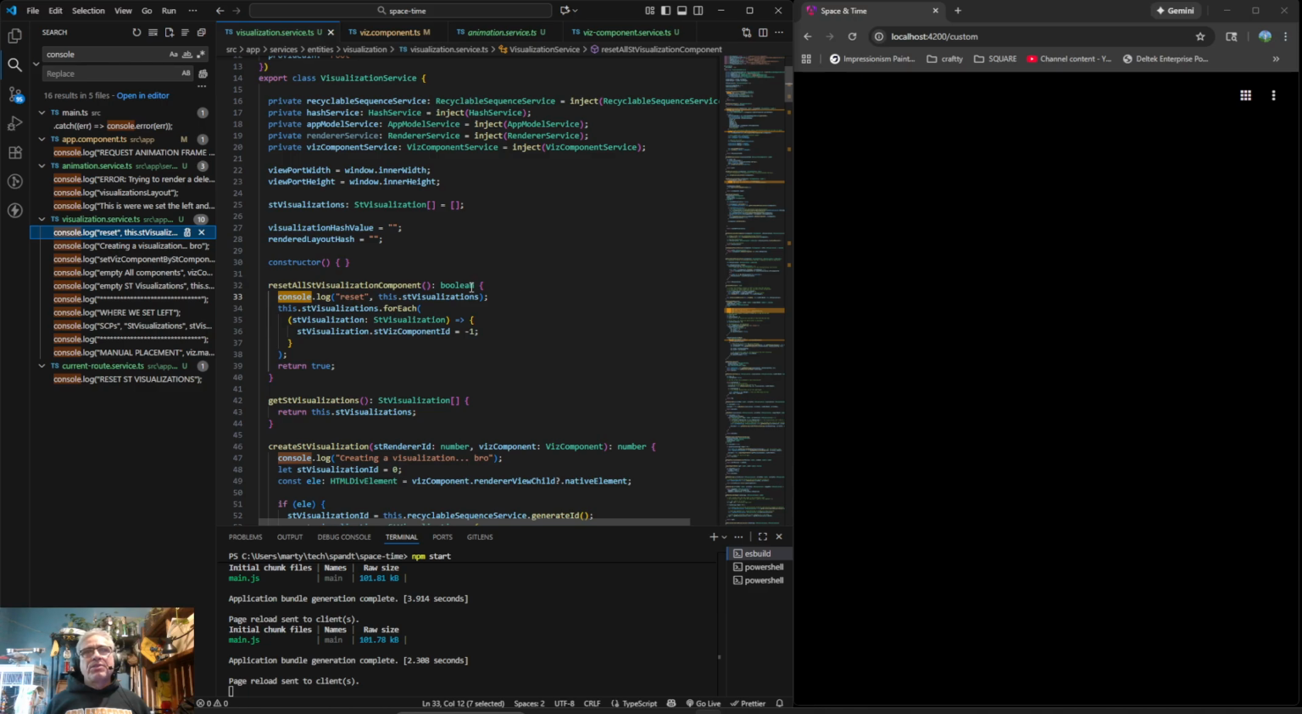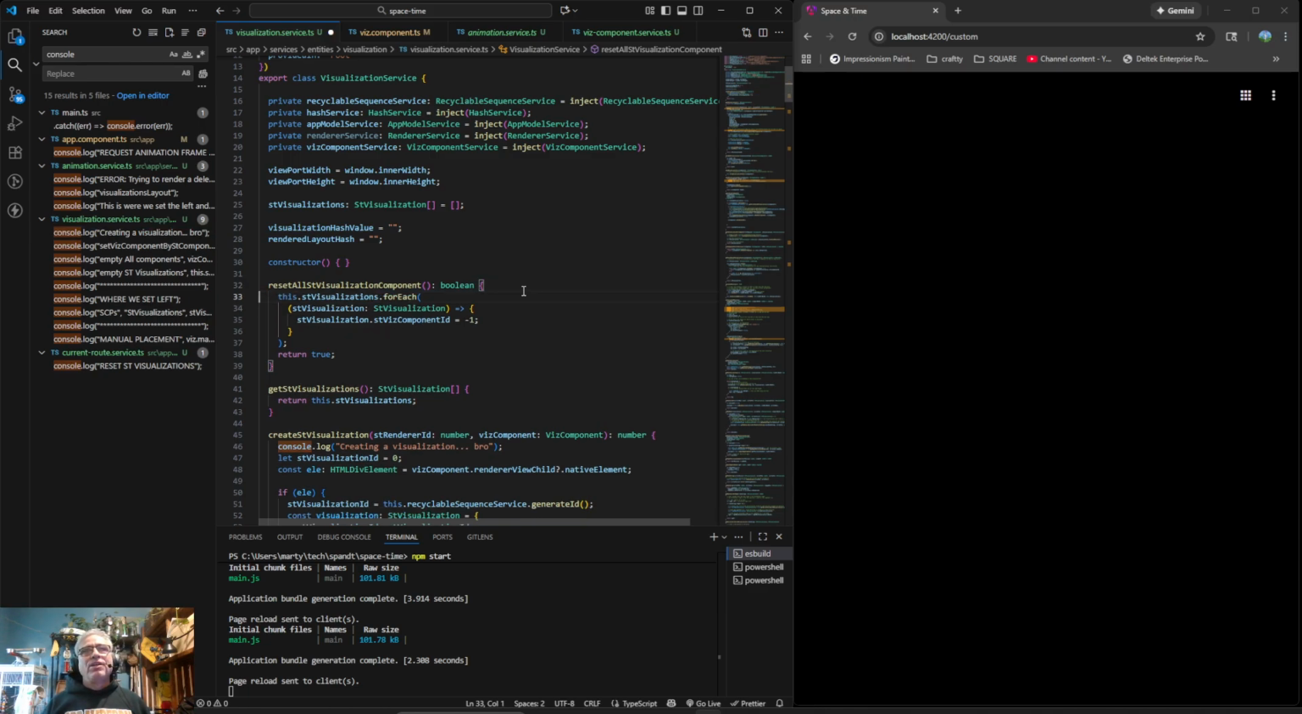Okay, so yesterday we ended up figuring out that we have an edge case where if you had a visualization that had a visualization component ID and then it happened to have the same component ID again, it would appear like it already existed, and then it would create a new one, so there wouldn't be any empty ones. So I added this, and then anytime you change views, it basically goes in and